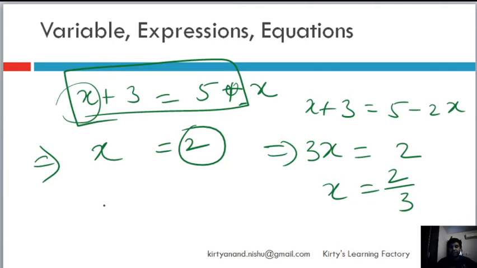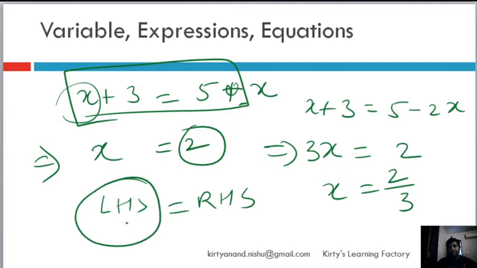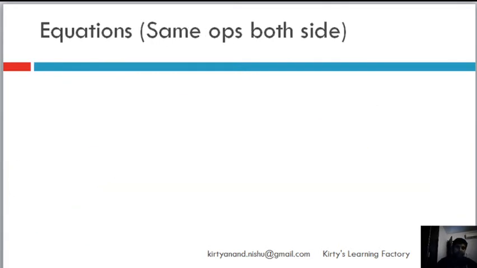An equation has two sides, LHS and RHS. We learnt it already. Anything which is on the left hand side of the equal to is left hand side, and anything which is on the right hand side of the equal to is right hand side. So let's write an equation. Let's say 2x plus 3 equal to 5. Simple. Okay, now see, these two sides are equal right now, है ना?